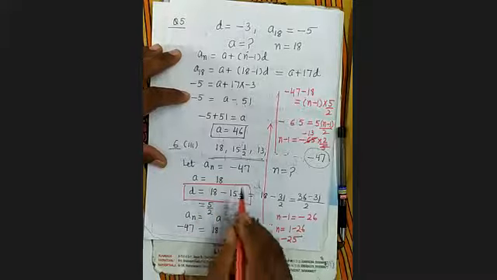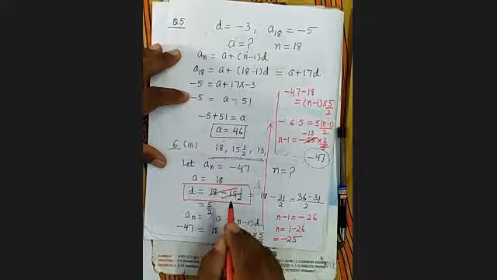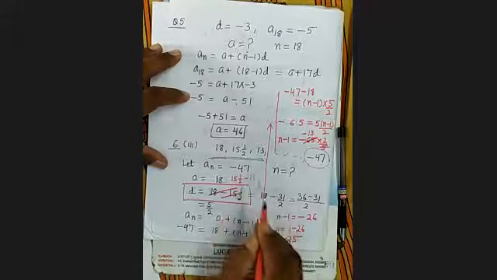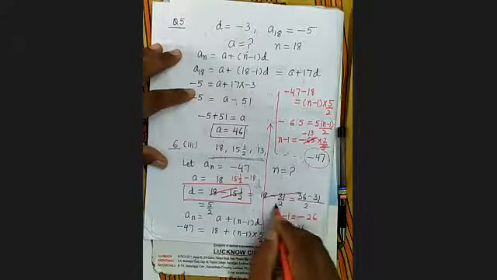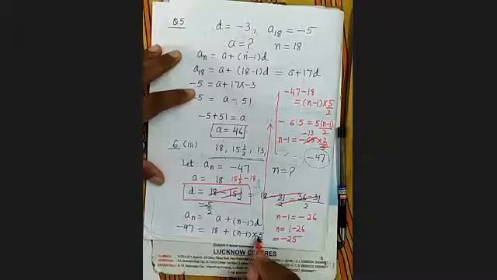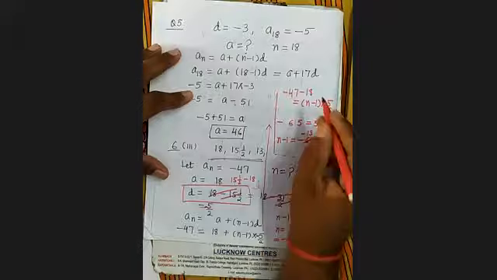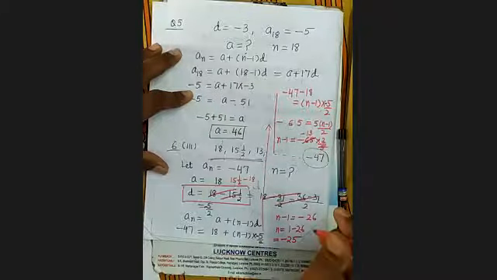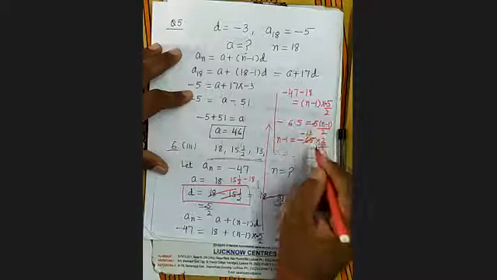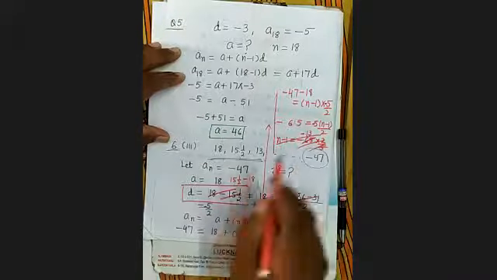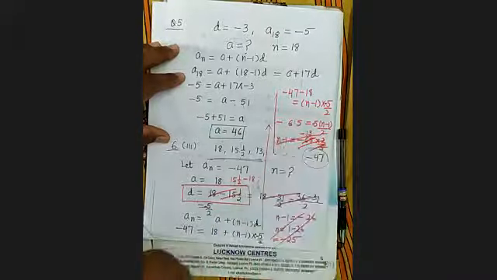So when you write this, it is 15 whole 1 by 2 minus 18. So it will come out minus 5 by 2. When you substitute here, it is this. Then here it is minus. Is it clear? So this is minus. Now minus and minus will cancel on both sides.